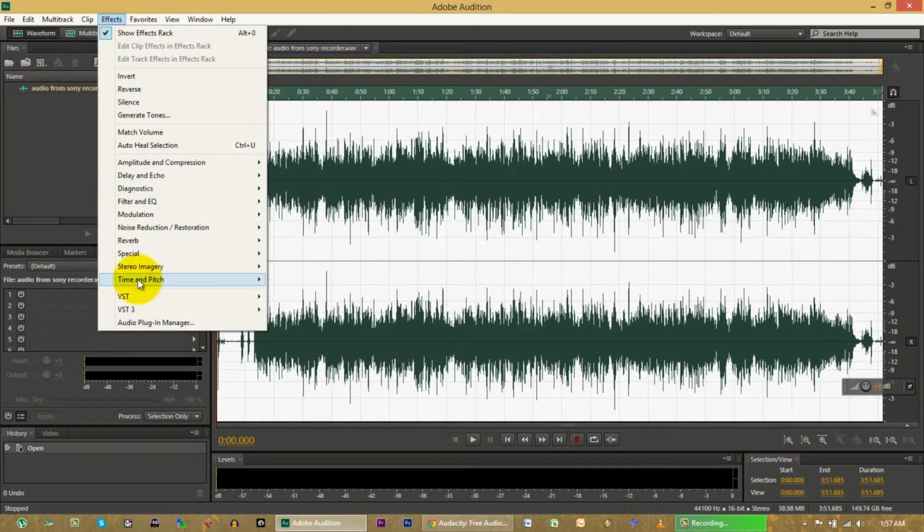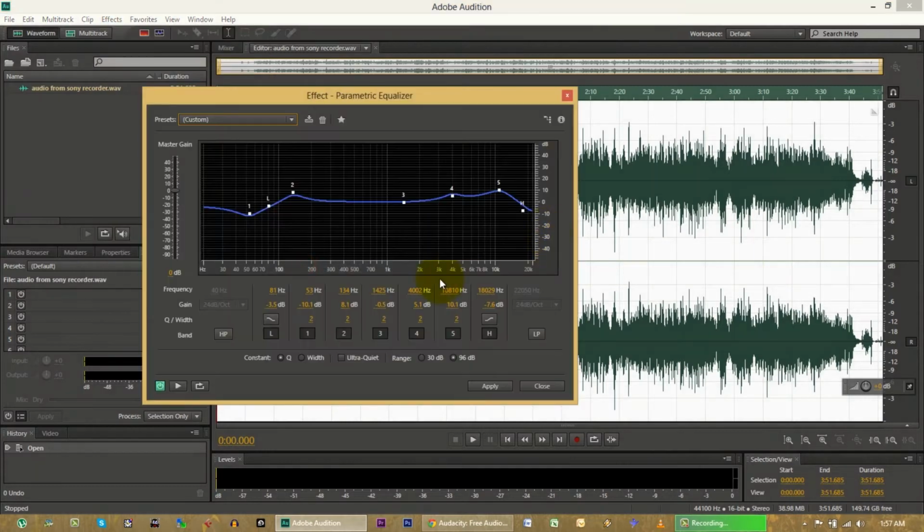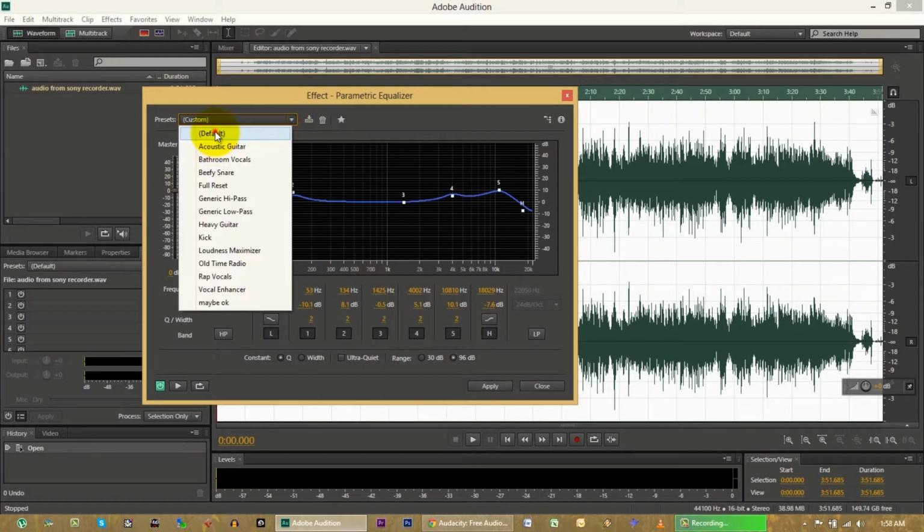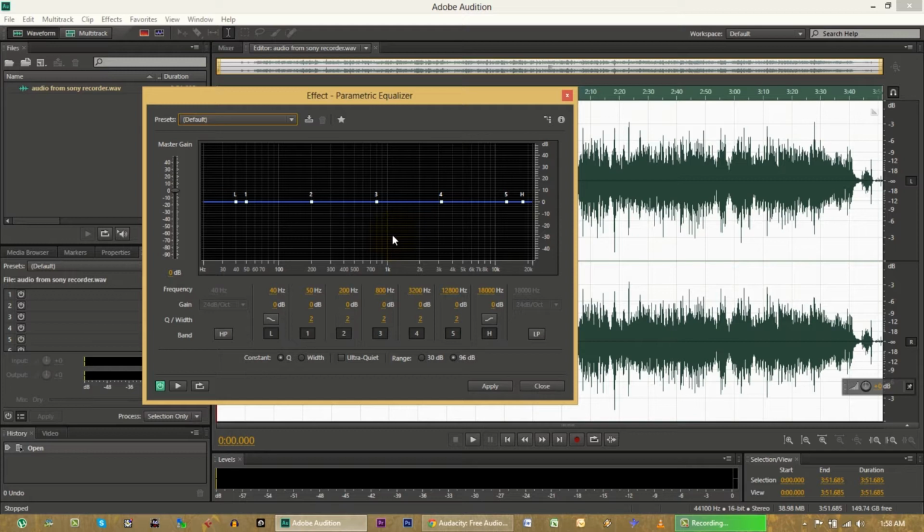There's another type called a parametric equalizer, and this one instead is what we're going to use for determining how we're going to shape the different frequencies within this audio file. With a parametric equalizer, instead of being restricted to specific bands as you are with the graphic equalizer, you can pick points.